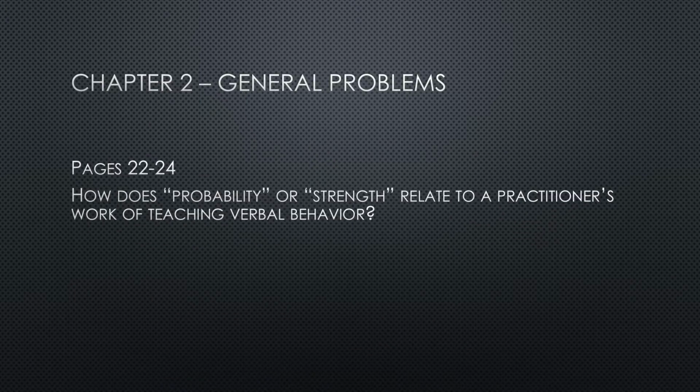Skinner goes on to talk about how probability or strength relates to a practitioner's work of teaching verbal behavior. Of course, we don't simply want to observe high rates of relatively arbitrary verbal behavior. It should be under contextual control. However, fluency is important. If a verbal operant is truly learned, it should be retained over time such that in appropriate situations it's likely to reoccur. Verbal behavior should endure to the extent that successively longer and longer conversations can occur. One's repertoire should be stable in the sense that verbal behavior can continue to appropriately occur even in the presence of distractions and stress.